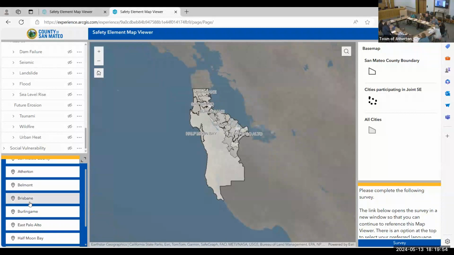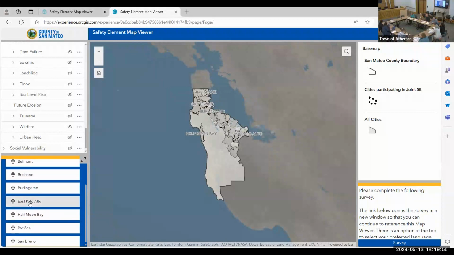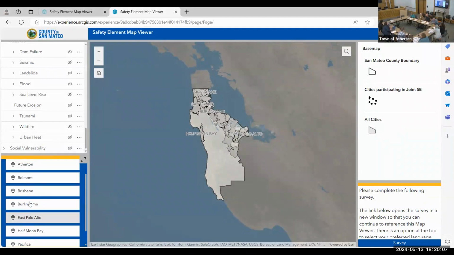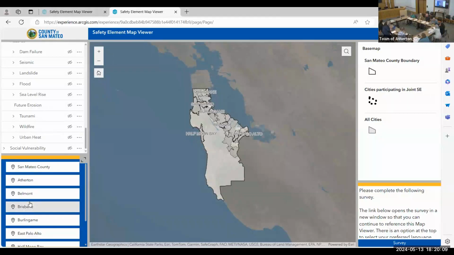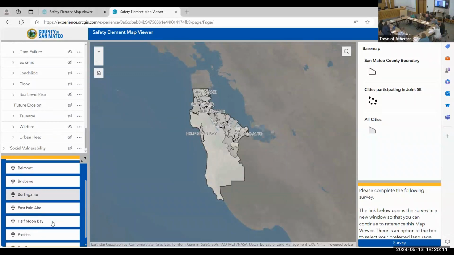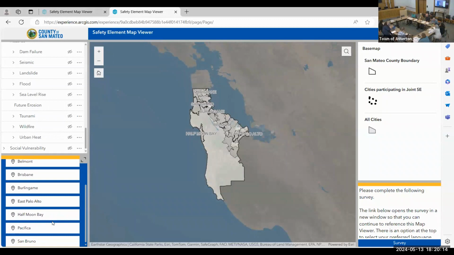But you can also toggle to other partner jurisdictions that are looking at this. For example, there's not an option to look at Menlo Park because they're not part of this effort. They have their own program that they're working with. But the member jurisdictions, Belmont, Brisbane, Burlingame, East Palo Alto, you're going to be able to look and zoom